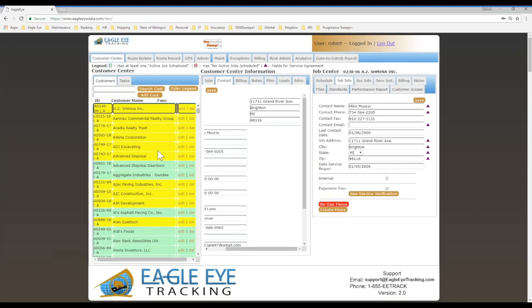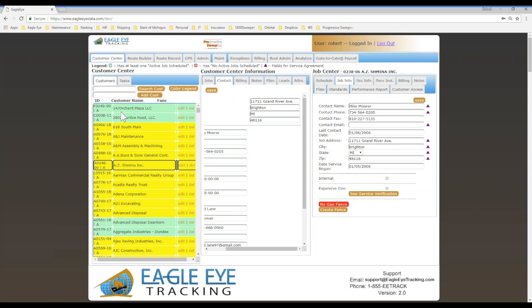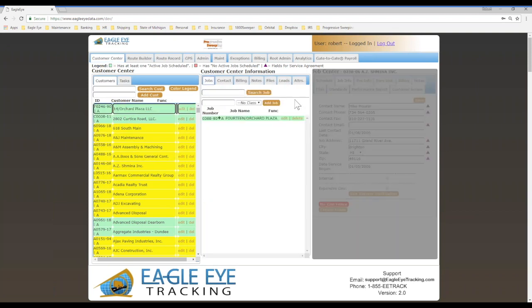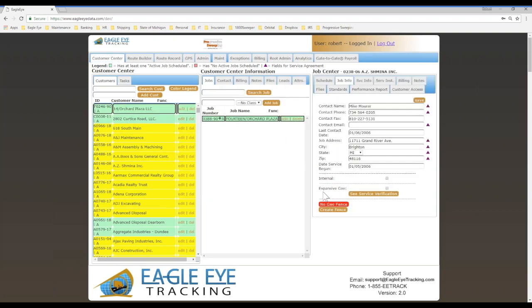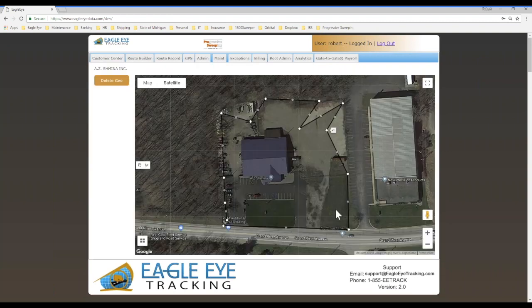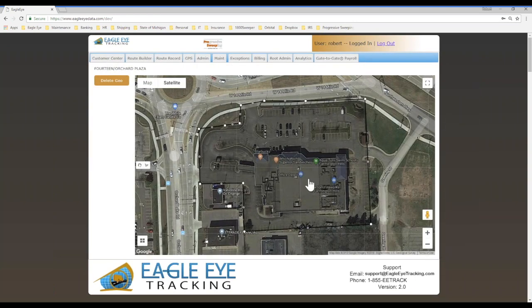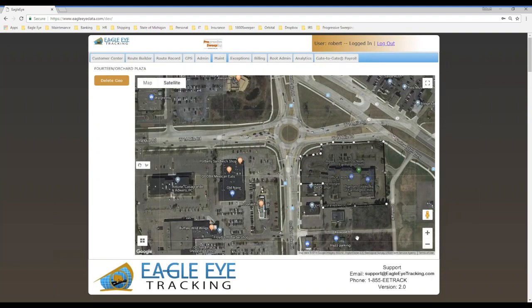So I'm going to come back here, and if we were going to go to one here, we can see that it has the geofence. If I wanted to edit it, I can come and look at it here and see the area. And if I scroll out a little bit farther, we're saying that we're doing that area that's in the box, and we're not doing this area over here, over here, over here. So the operator can see this on the mobile route sheet as well, so they know where